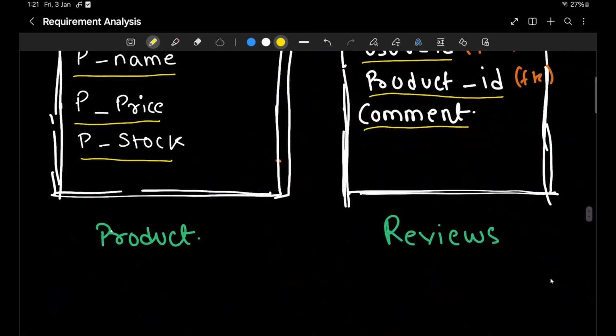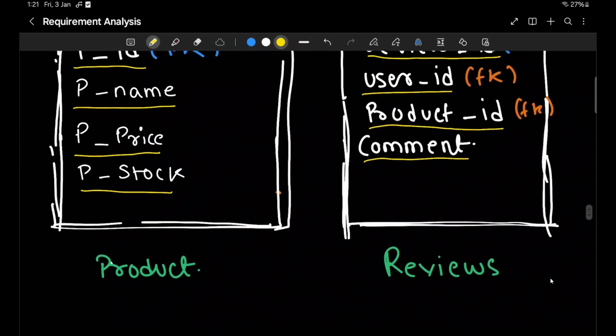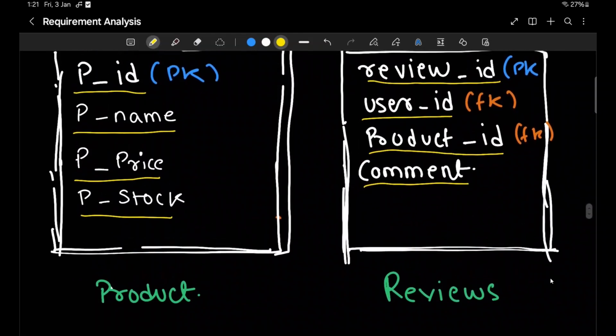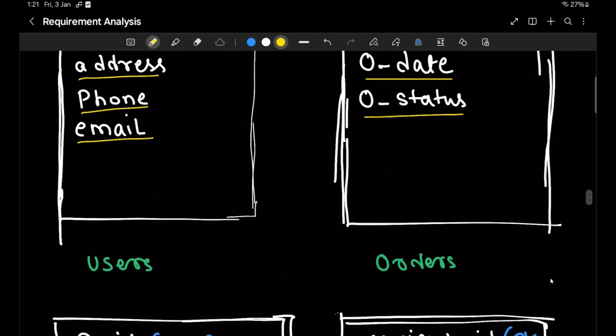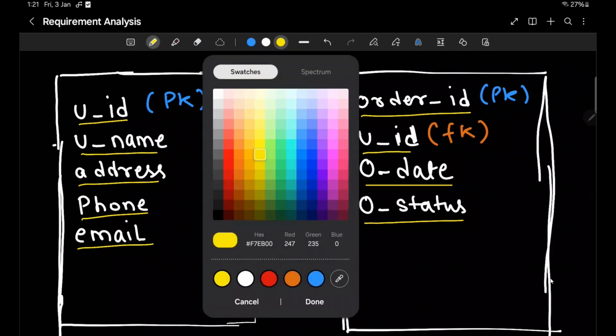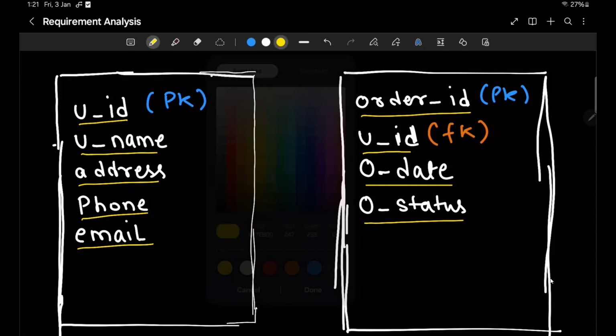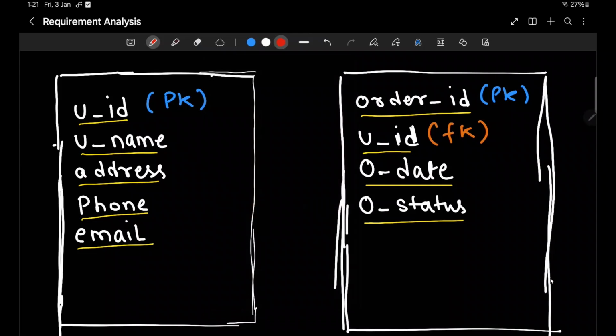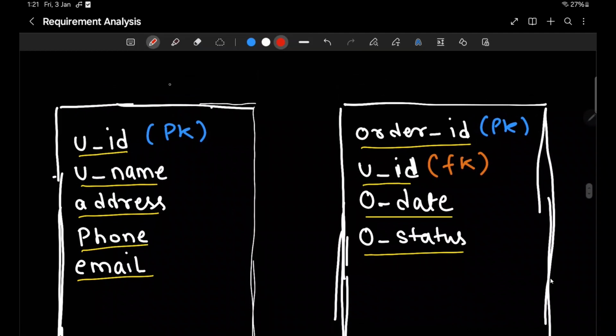Now, before moving further, let's talk about cardinalities. Cardinalities define the number of occurrences of one entity that can be associated with the occurrence of another. For example, over here, a user, one user can place multiple orders,